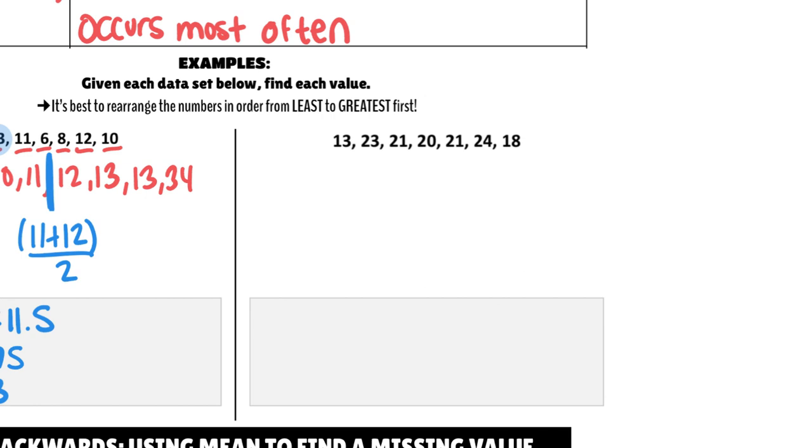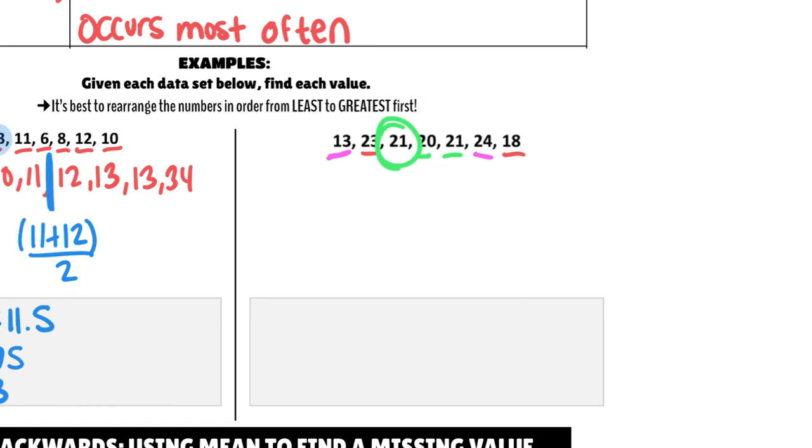So in other words, the smallest number, which is 13, cancels out with the largest number, if you imagine working from both ends. So those two would cancel each other out. Then the next pair would be the smallest remaining value canceling out with the largest remaining value. Then the next smallest number would be 20, which would cancel out with the biggest remaining number, which is 21, which means the middle